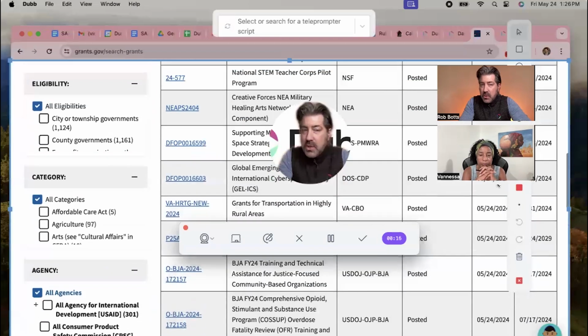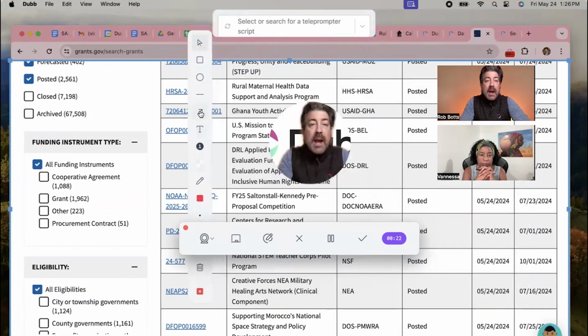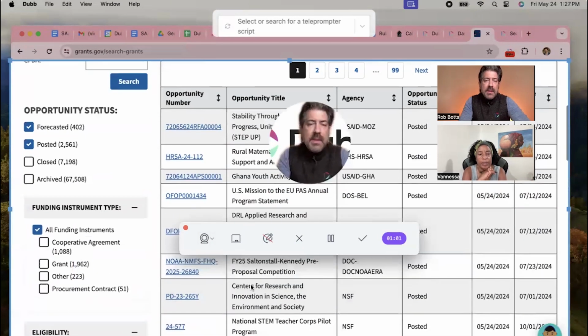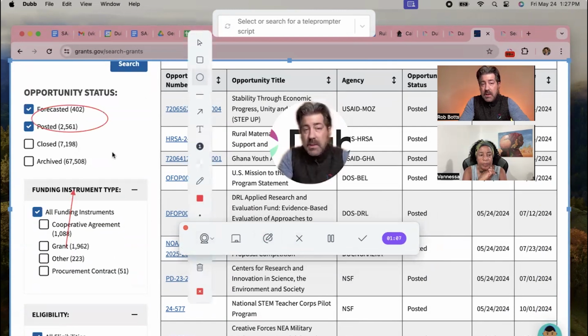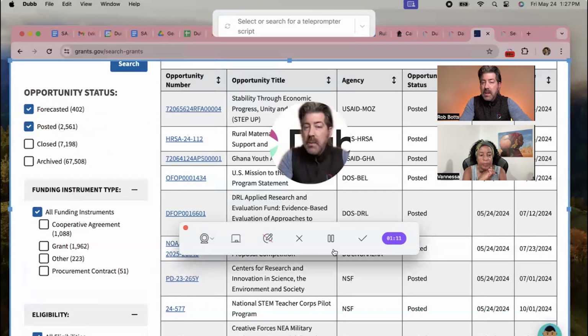Now the annotation tool, maybe I want to do some arrows. I'm going to click here. Hey, check this out right here. And then the desktop app here, you can record in clips. So I could open up the annotation tool and say, hey, listen, talking about this stuff right here. Now let's move on to the next topic. And what I would do is I would hit the check mark